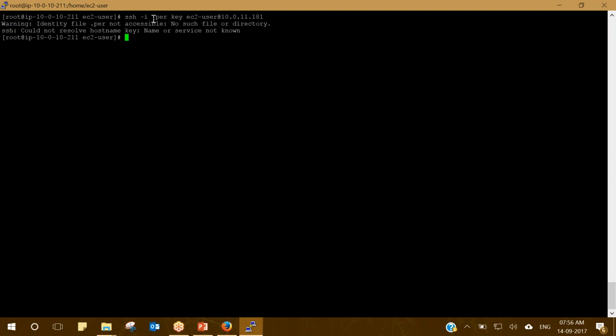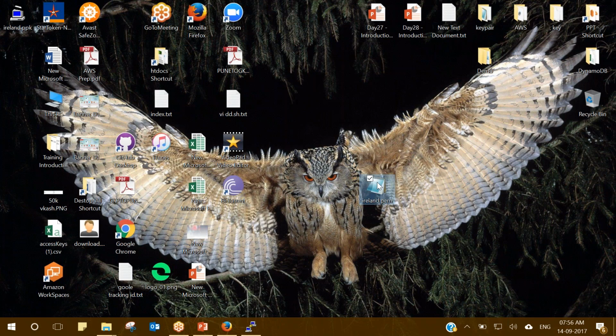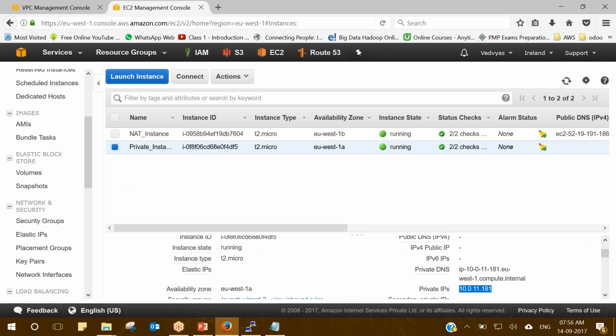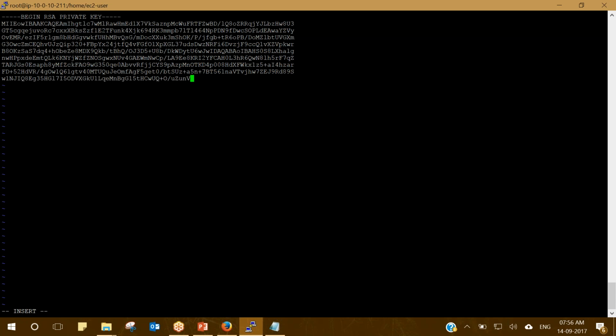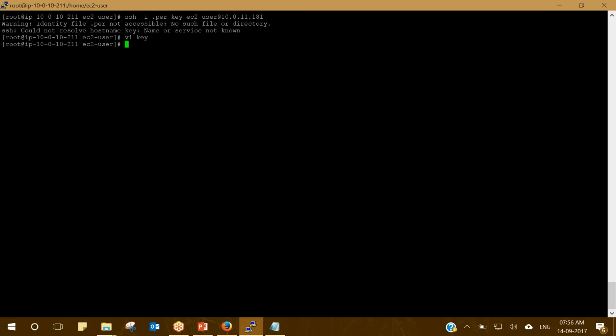But since we do not have this key, we will have to generate one key. And for that, we will use vi key, and we'll go to the PEM of this, open this, copy everything from here. So copy the content of .pem file and then save this. Now what we need to do, we need to change the permission of key file to 600 and then use ssh -i